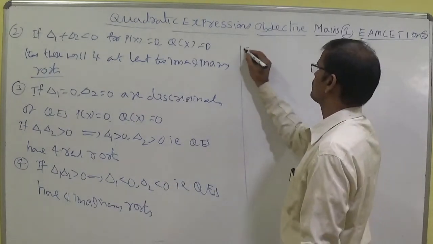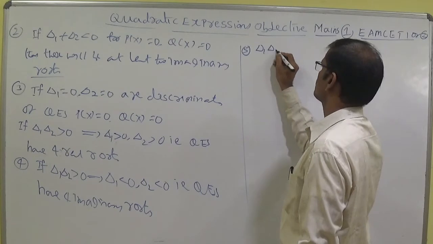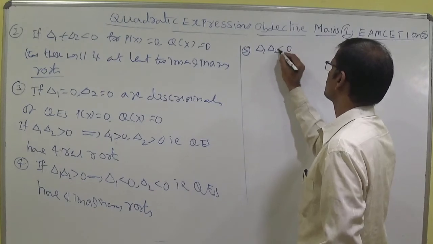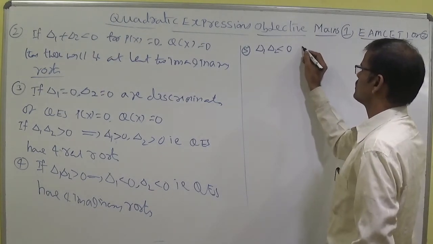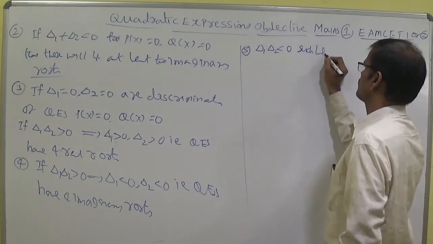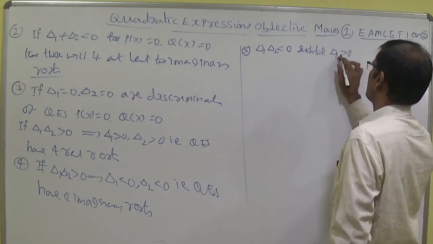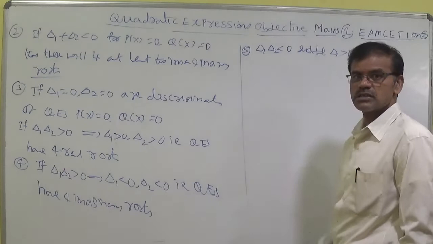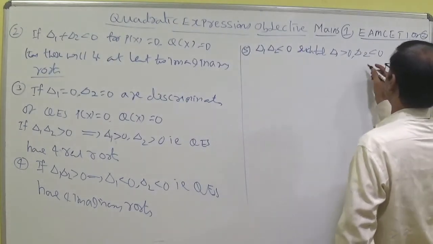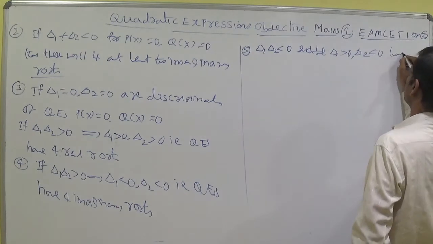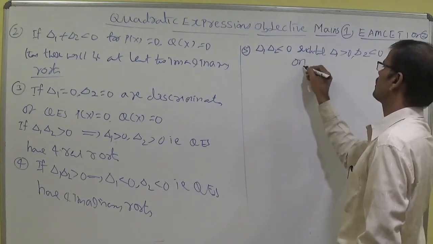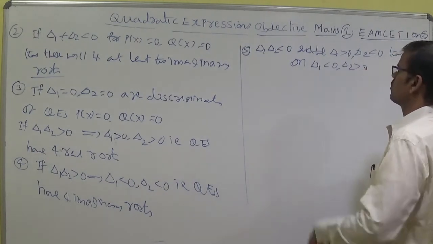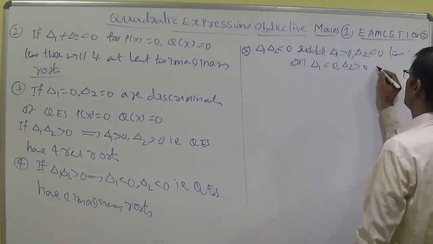Next, in the similar way, let us discuss the cases. Delta 1, delta 2 less than 0. Now you think. I am writing here such that delta 1 greater than 0, delta 2 less than 0. The case is plus into minus or minus into plus. Or you can write delta 1 less than 0, delta 2 greater than 0. Plus into minus or minus into plus case. Then Q